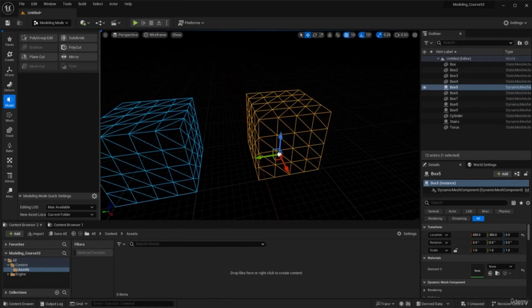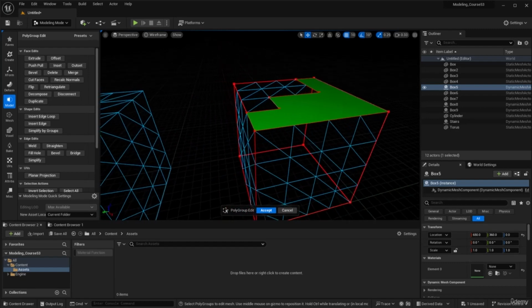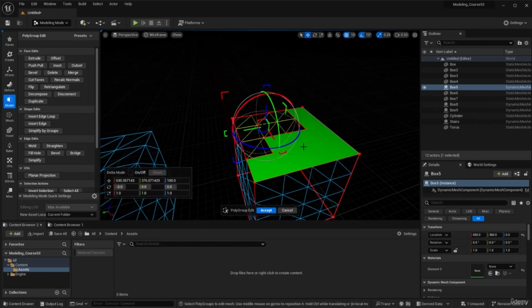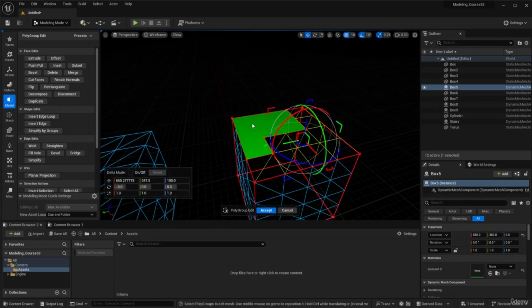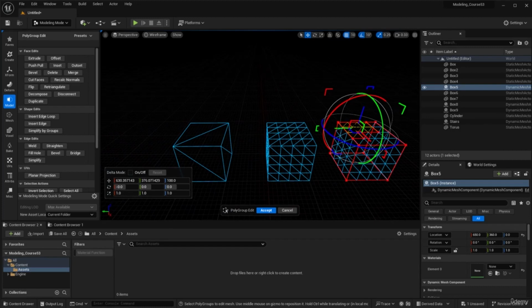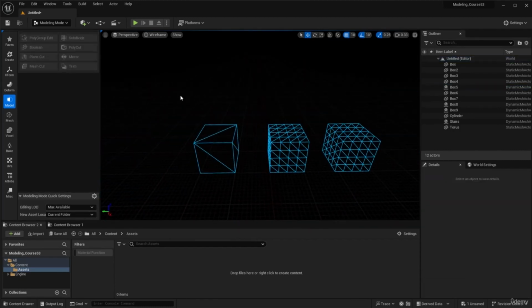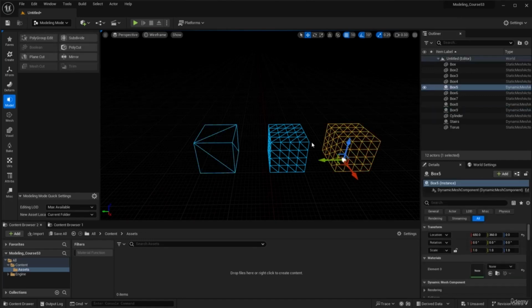And the third one, if I go ahead and click on polygroup edit, as you see, I can select this part or this part. The reason is because I created this polygroup manually. I'm gonna show you how to do that in a moment. So let's go ahead and cancel that, and let's delete everything. Select everything